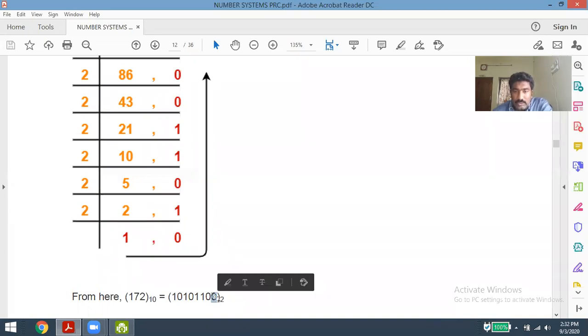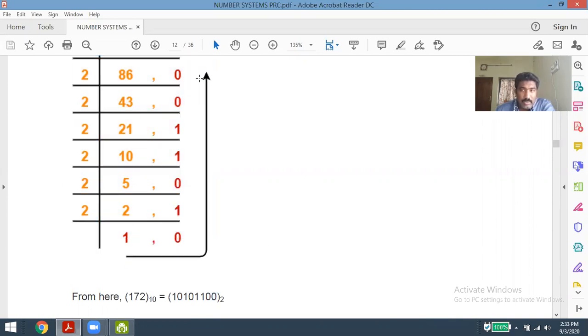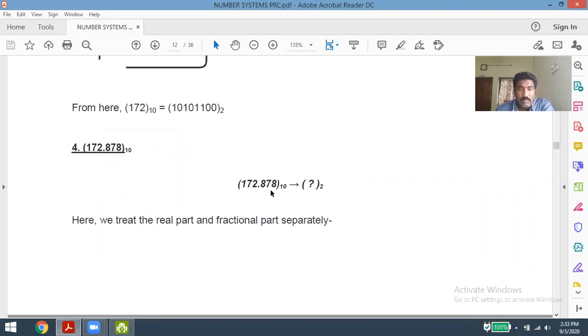Okay, so this least bit value is the 0th bit, that is the first result you are getting, the first remainder you are getting. So many people will forget this simple technique, and they will do the whole process, and while writing this answer they will write in a reverse way and we get the wrong output. So please try to remember. This is the MSB value, that is, the last remainder I'm getting is called MSB value, and the first remainder I'm getting is called LSB value. Okay, and similarly in the multiplication process we want to write from the reverse order. Okay, I will show it once again.